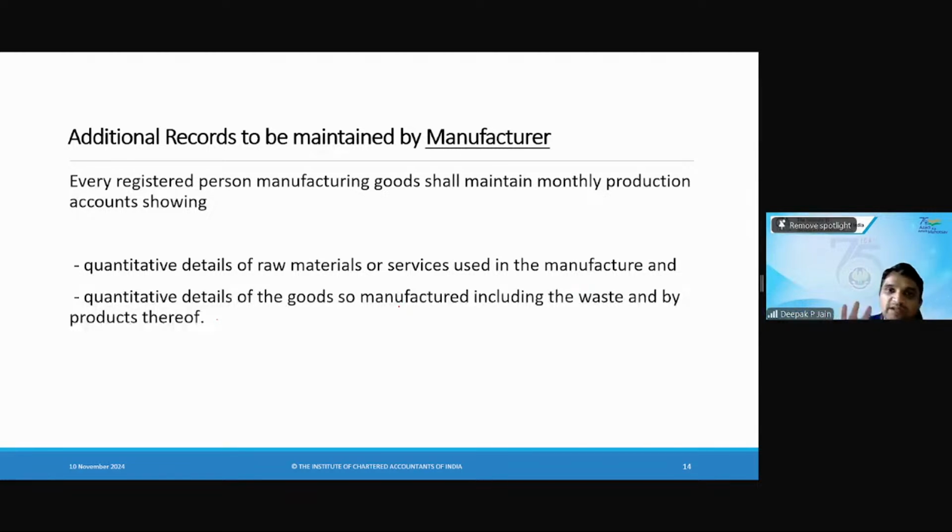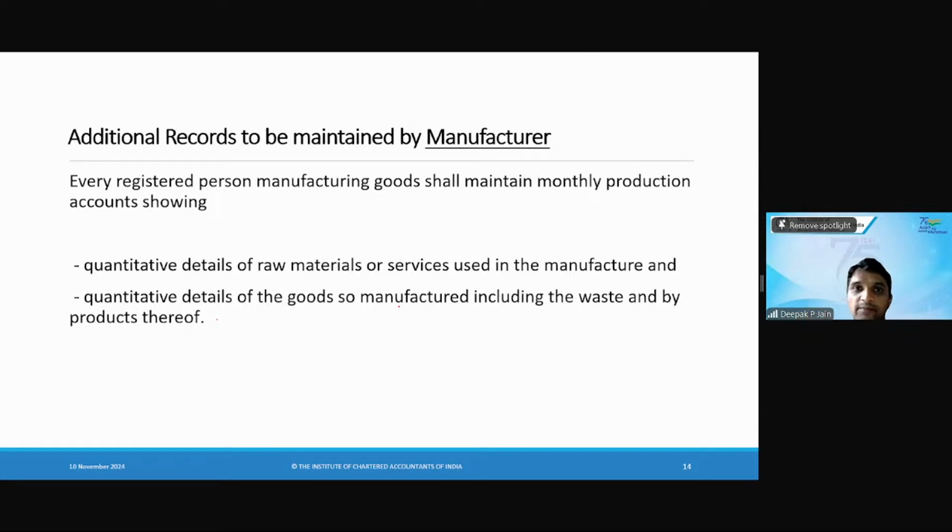ठीक है. सो बेसिकली उनके मैन्युफैक्चर के केस में क्या जरूरी है कि उनके क्वांटिटेटिव रिकॉर्ड्स मेंशन करना जरूरी है. So they will have to mention the quantitative records of whatever is the raw materials they are used. ठीक है. फिर उसका प्रोडक्शन करके जो मैन्युफैक्चरिंग आउटपुट आया है, तो फिर quantitative details of the goods so manufactured including, जो मैन्युफैक्चर भी किया है उसका क्वांटिटेटिव डिटेल्स, इनपुट कितना है उसका क्वांटिटेटिव डिटेल्स, और फिर सेल के